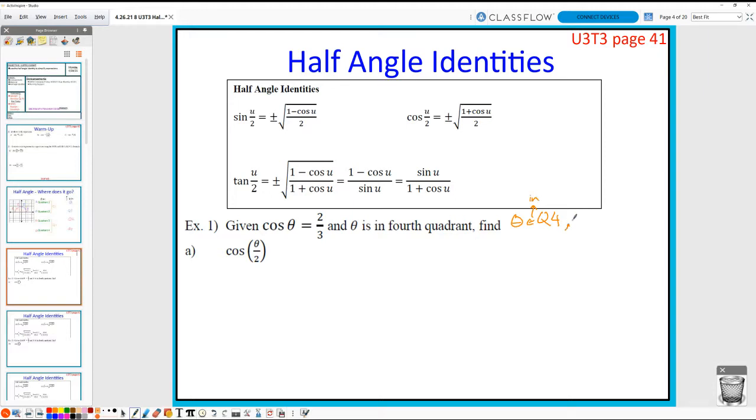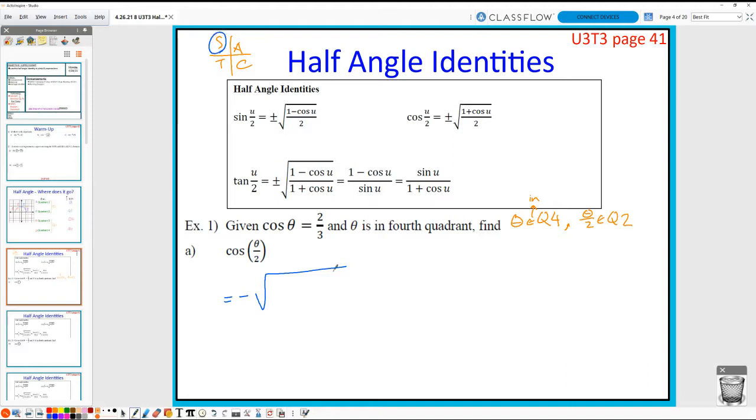Now, according to what we just did, I know then theta over 2 must be in quadrant 2. Along with what I know about All Students Take Calculus, and since I'm looking at cosine, I know that I need to choose the negative square root because I'm in